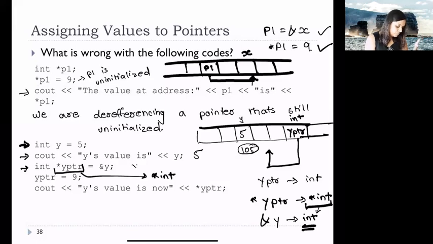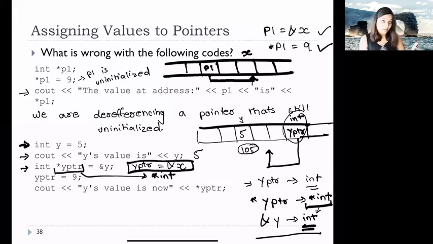Rather than this, if you use yptr is equal to address of x, then because the type of yptr is int pointer, as we see over here, and the type of address of x or address of y is also int pointer, then this would be something that's valid or correct to do. Then over here, we are saying yptr equals 9. Again, that's something we cannot do because yptr refers to the address. yptr needs to